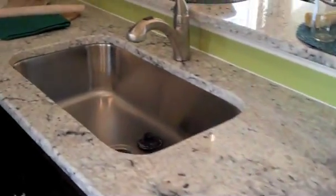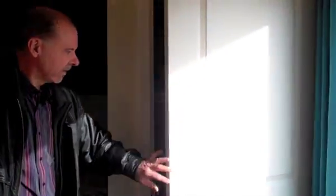All the units are provided with dishwashers, sinks, garbage disposals, natural gas cooking, microwave ovens, refrigerators, and also each of the kitchens has an area here that can be used for a desk area. Also, there's a pantry closet here for storing pantries. Another feature of each townhome is that there's a half bath on the first floor as well, which is conveniently located,